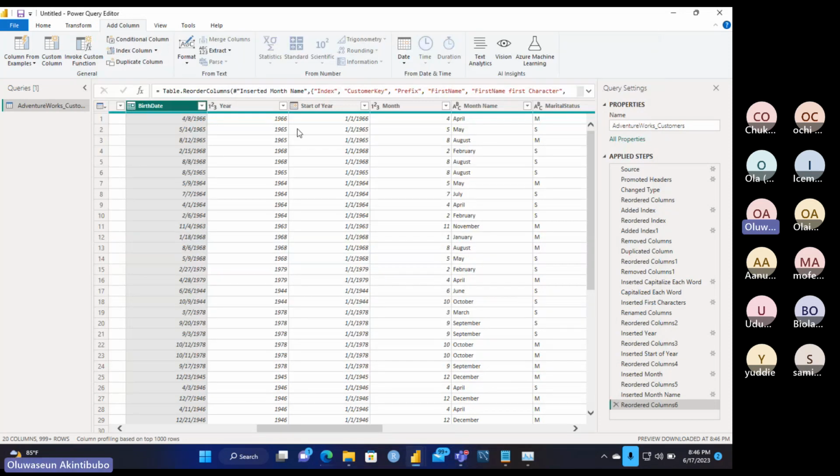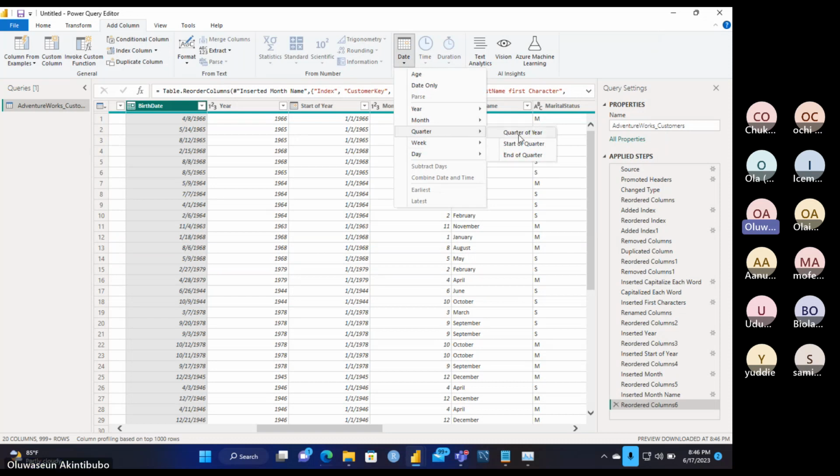All right. So I'm selecting that date again. You can go for quarter. You want to see quarter of the year, start of the quarter, end of the quarter. You want to see week of the year, what week in number. Month, week of the month, start of the week, end of the week, and you can see date for days and all of that. So you can see what the name of the day is. Is it a Tuesday? Is it a Wednesday? You can see the start of the week in date, end of the week in date, start of the day in date, end of the day in date, and so on and so forth.